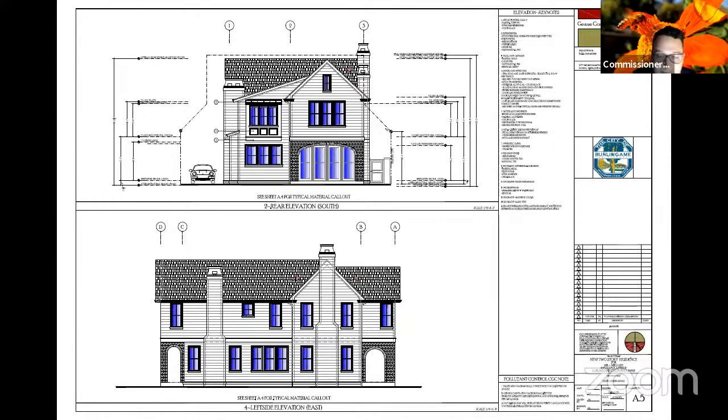Commissioner Say, please go ahead. Thank you. Hey, Jesse. Just a quick question for you. On the left elevation, under that gable, is that area intended to be proud of the side of the house, or is it that you're using the downspouts to define that?